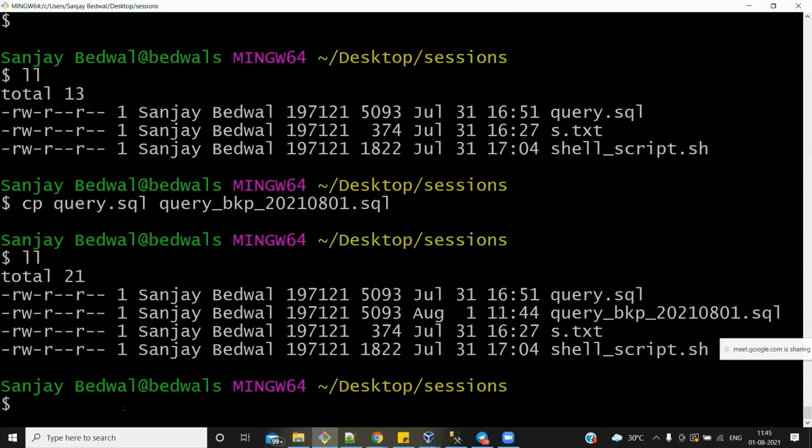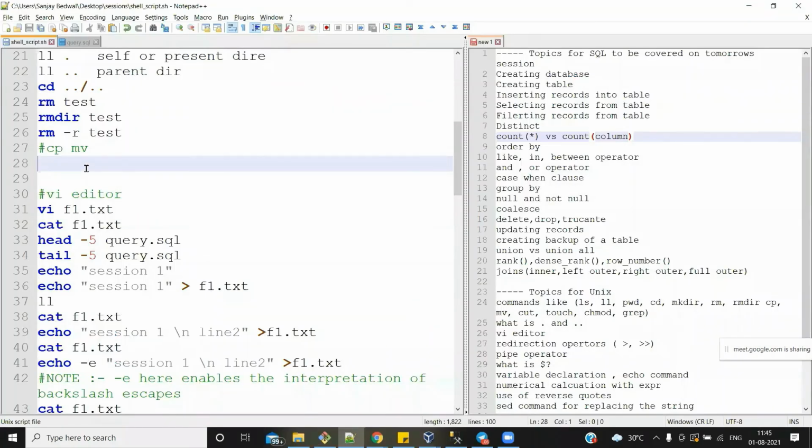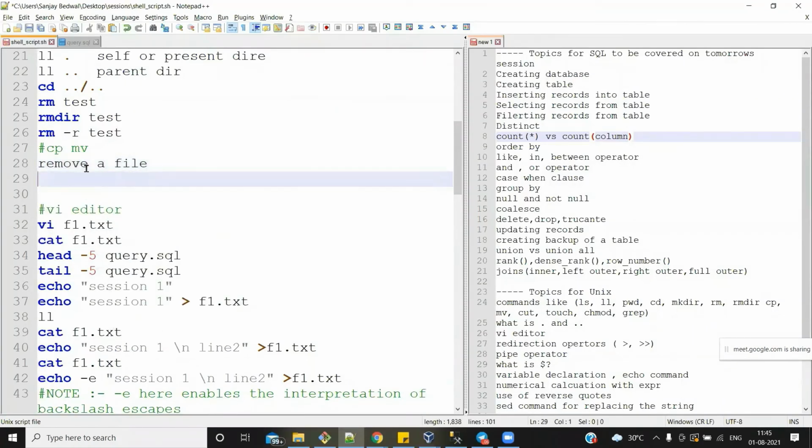Now let's say you have to move any file or rename any file. For both of these purposes, to move a file and rename a file, we have a single command, which is the mv command.